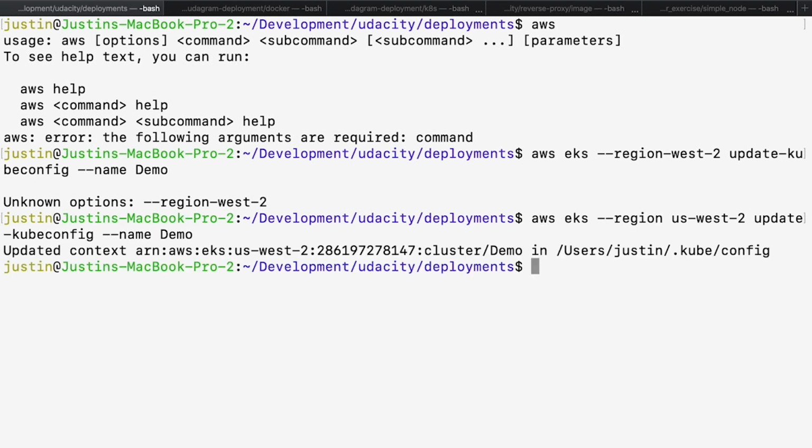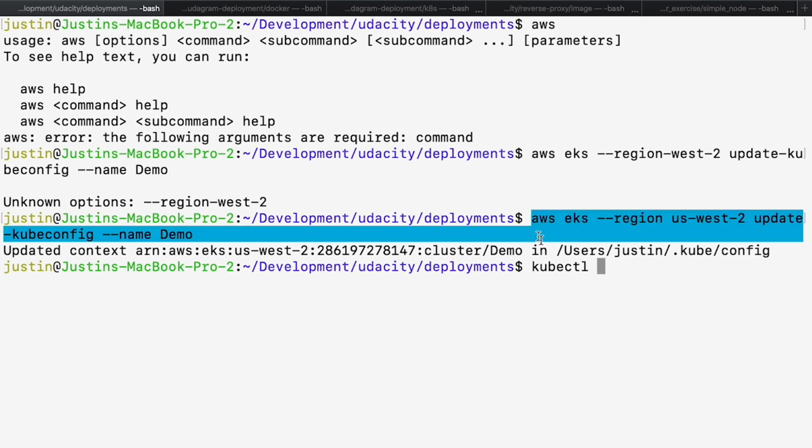Great. And so what this does is that it takes the Kubernetes cluster that I've created and binds it to my kubectl commands. Kubectl is a tool that you should have installed on your machine so that you can interact with the cluster. kubectl is a tool that's not created by AWS, and so by using that command that I demonstrated over here, this ensures that when I run kubectl commands, I'm running it against that cluster that I created.